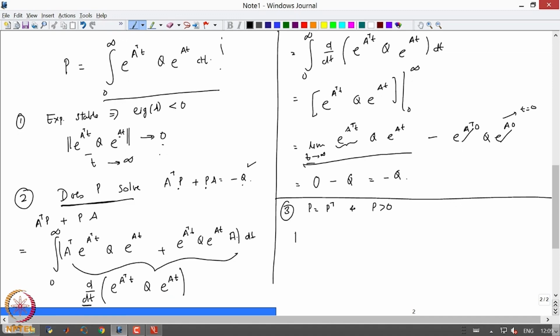Okay. The first step should be easy to check. Start from here. What is P transpose? P transpose is the integral from 0 to infinity. I just have these 3 matrices and I just invoke the transpose formula. So, I think if I write it correctly, (AB) transpose is B transpose A transpose. Okay. So, this will be e power A transpose t, Q, e